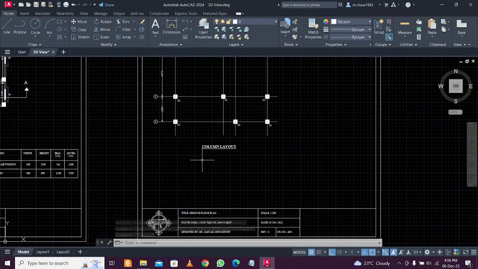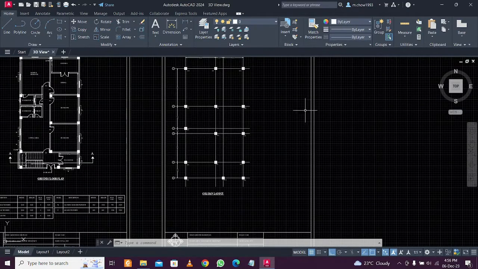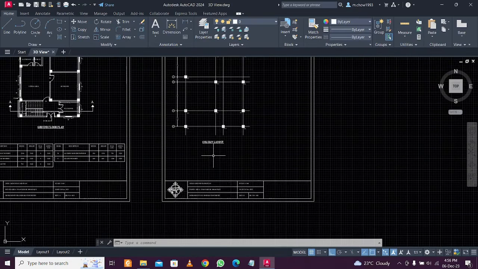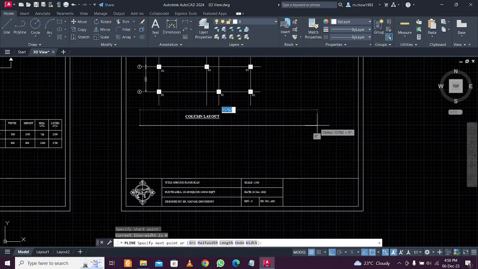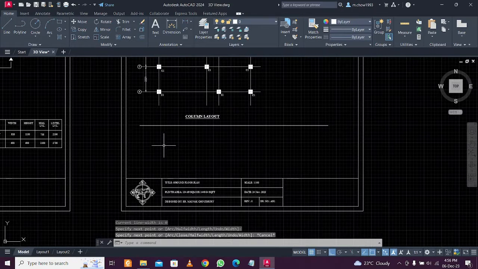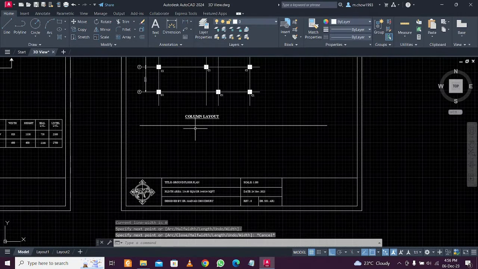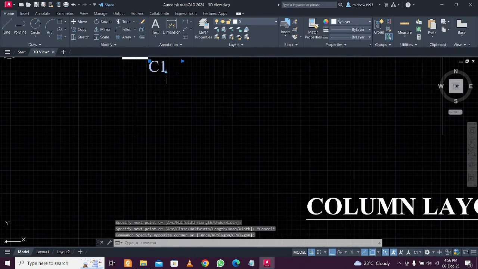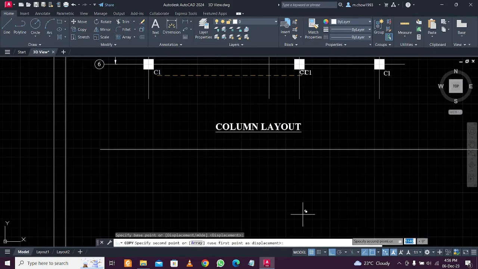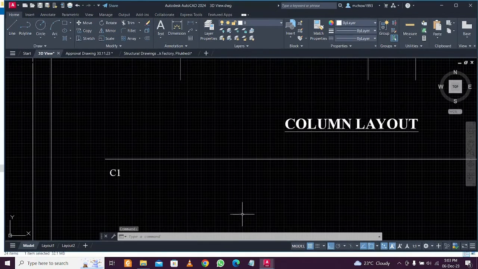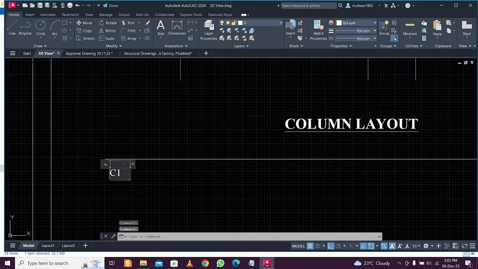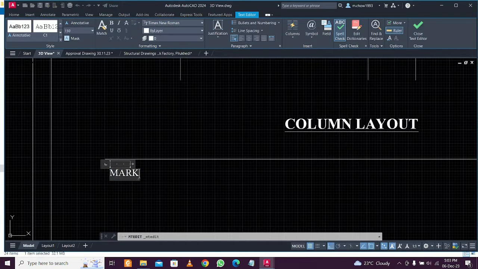Now we'll have to prepare a table here, and on this side we can give a typical column layout of the plan. Okay, that we can copy and paste, but for the column layout I'll just show you how to prepare it. Let's take a polyline here, and make a random size here, and I'll take some text here. This is a multi-line text. I'll take it, copy it. So first of all, it will be mark. So I'll just type mark here. Okay, so mark, and then